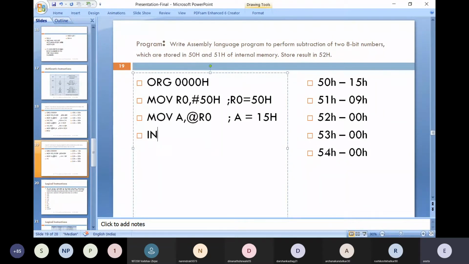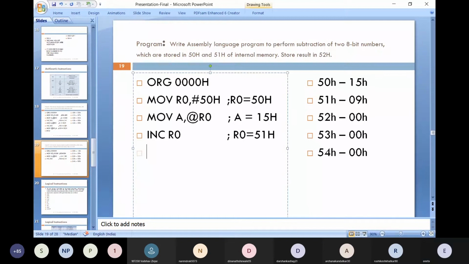Now you have to increment the pointer so that it will point to the next value, that is the second value. So by using INC R0, you will get R0 equal to 51H.